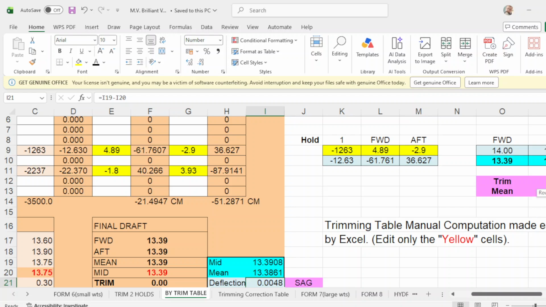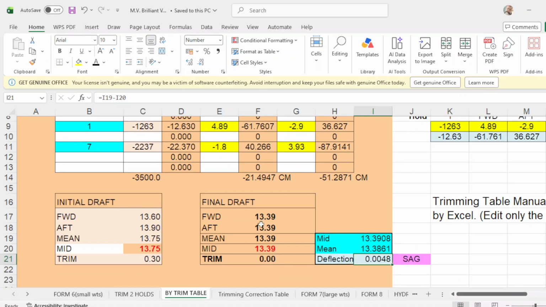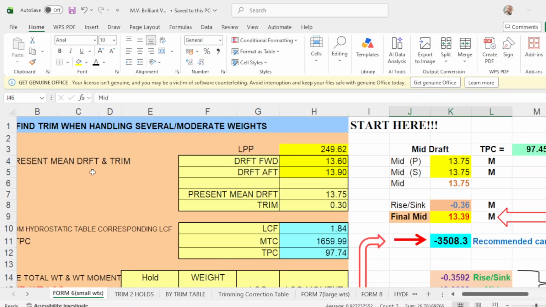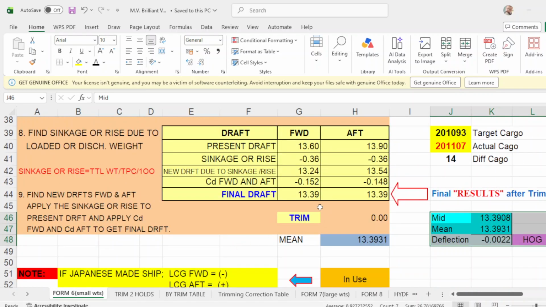And this one, you don't know which one to discharge first, but if you discharge this amount, then your drop will be even keel of 13.39 and your deflection is 0. So you have 4 programs. This is form number 6.